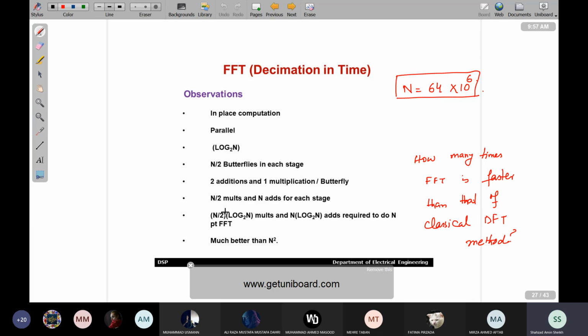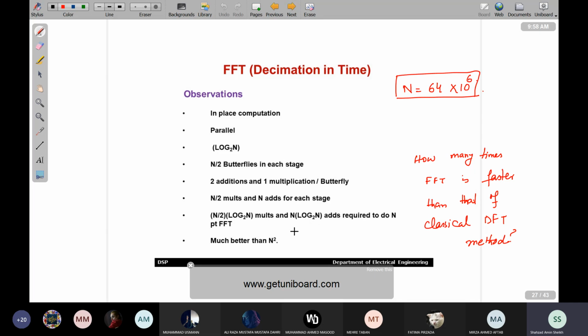इन दैट केस वी विल बी हैविंग n/2 मल्टीप्लिकेशंस एंड n एडिशन फॉर ईच स्टेज। And now we are able to calculate the actual computational load for FFT, that it is n/2 log to the base 2 n mults and n log to the base 2 n adds, because total n/2 multiplications हैं and n additions हैं। Now we are saying that we have log to the base 2 n stages, हर स्टेज के अंदर आपकी ये मल्टीप्लिकेशंस हो रही हैं